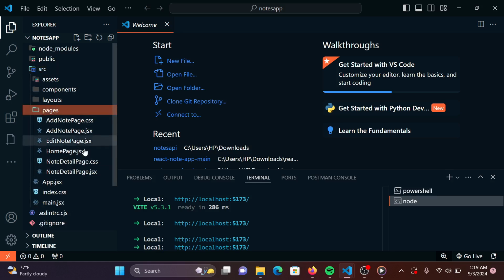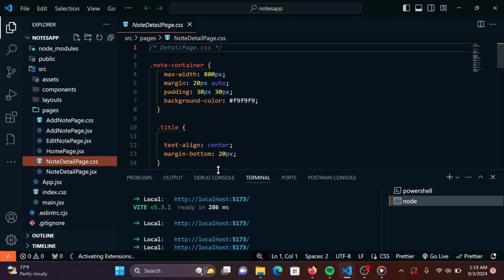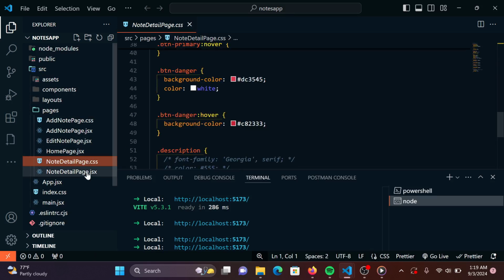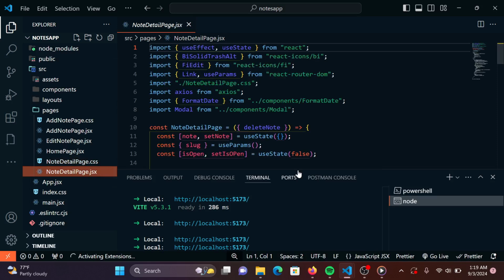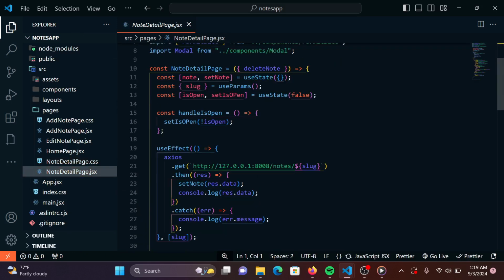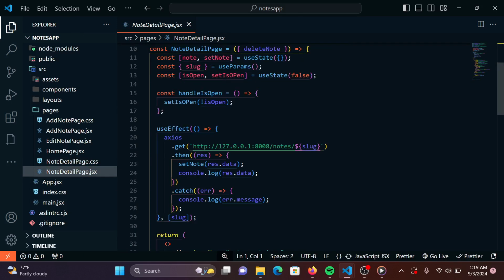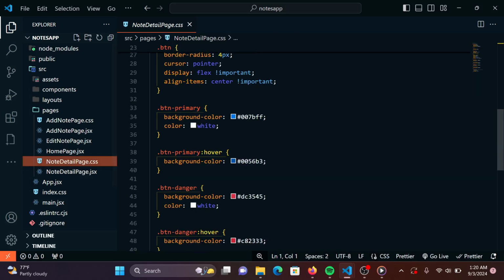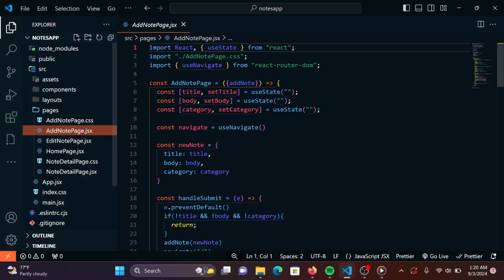I'm going to open my no detail page. I want to show you. Sorry for that noise. My mouse is kind of off. So okay, you can see now, this is what we have here: the backend development URL. You can see we have it here. We have it in some other pages. Understand? So if I go down to the add notes page,